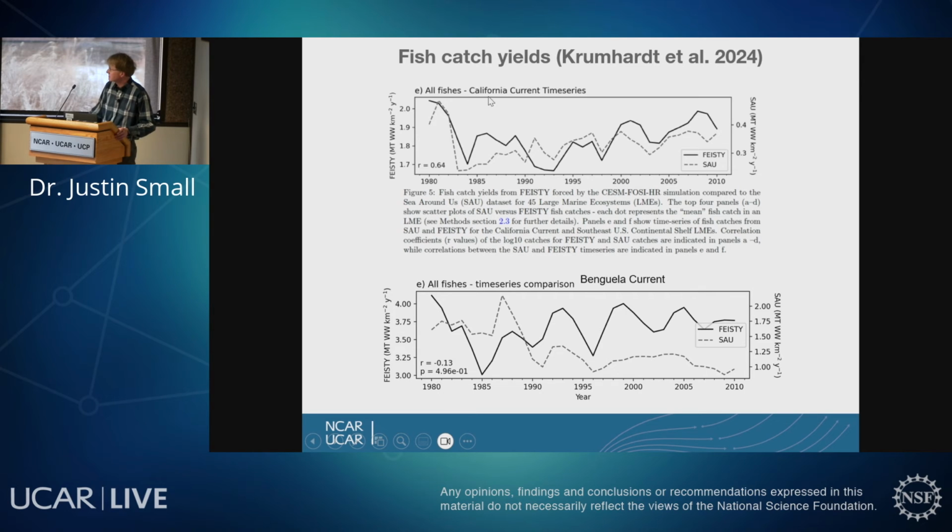I start with showing an example from the California Current, this being, I think, well observed for the fish catch. And the solid line is the model, and the dash is an estimate of the real fish catch. And you see the variability is quite well captured here. The correlation is quite high, 0.64. We have different axes, however, for the model and observed fish catch, and the model is too strong. But say this is the difficulty of trying to estimate this hard quantity. But the variability is well captured.